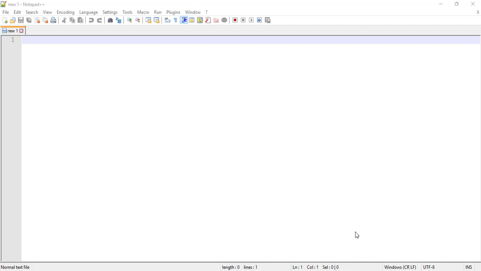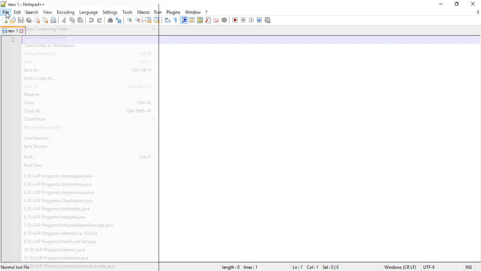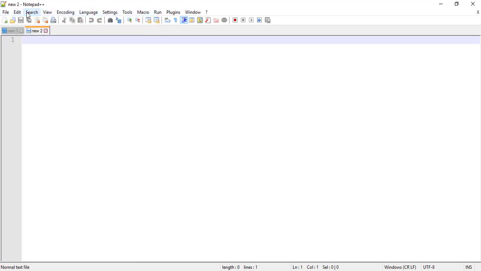In this session, I am going to show you how to create a table in Java. So in Java, for table creation, the JTable class is defined in the javax.swing package. So let us start with the program. In this program I am using the Notepad++ editor. So open the Notepad++ editor, go to the File menu, click on the New option.